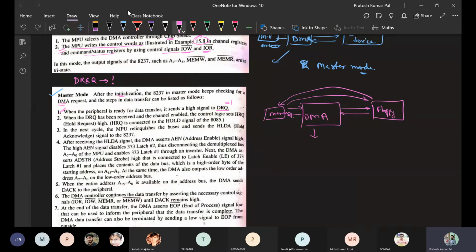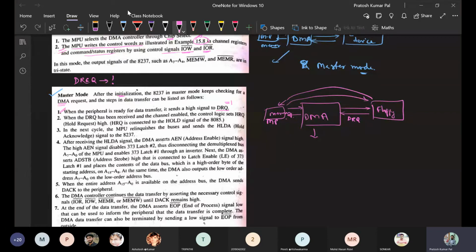So once this DMA request has been made 1, this signal that is given by the external device, that will be DMA request, DRQ basically, will be given to the DMA controller. Once the DMA controller has received this DRQ, it is going to say to the microprocessor what needs to be done. Once the external device has requested DMA, that means the floppy disk either wants to send or receive data.